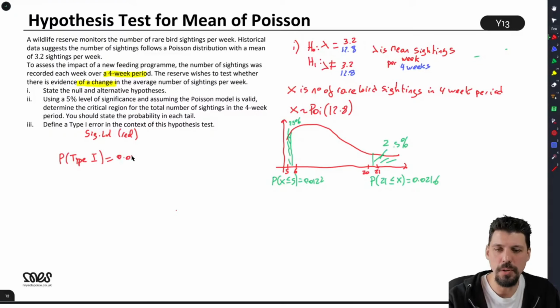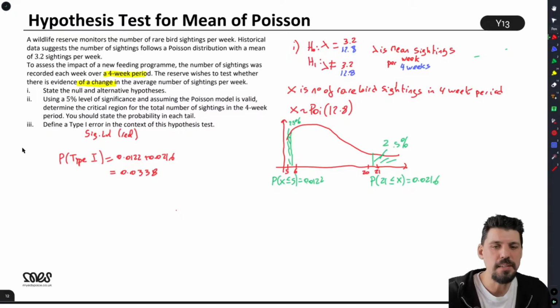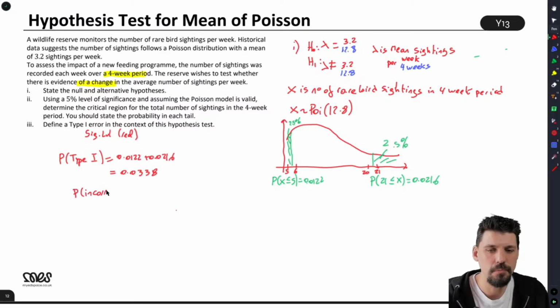So it would be 0.0122 plus 0.0216. Now that's not what this thing is asking me to answer, by the way, 338. But that's just FYI. But what it is is the probability of incorrectly